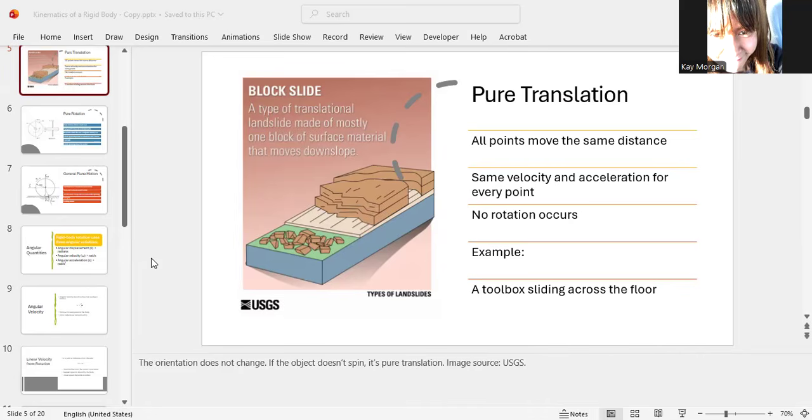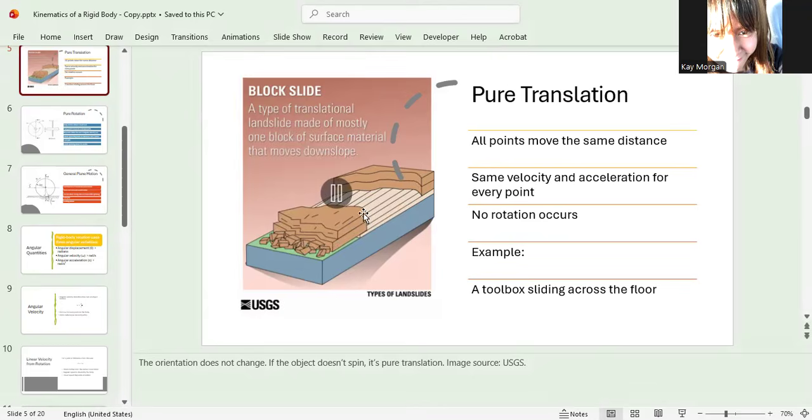Okay. And of course, because you have the same velocity, you're going to have the same acceleration as well, because we're looking at the velocity over another timeline. So therefore, you have the same acceleration. So the key idea here, look at how this is moving, is that no rotation happens. That's the first thing you have to know in translation. No rotation, of course, happens.